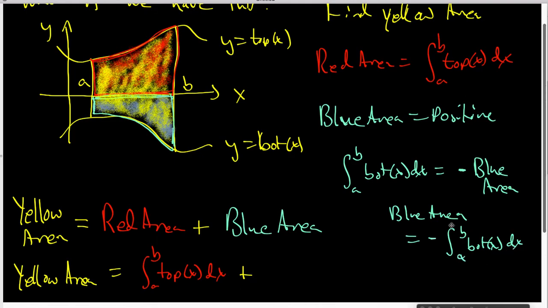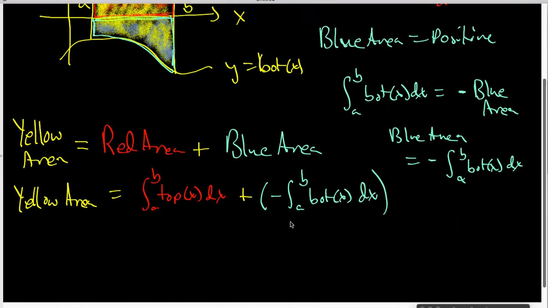That again is one of our definite integral properties: if you want to be looking at area that is under the x-axis, it's going to be a minus sign, and so we can multiply that equation by -1. And so we're going to have minus the integral from A to B of bottom dx. Well, let's clean this formula up, and when we do, we find out that our yellow area is going to be